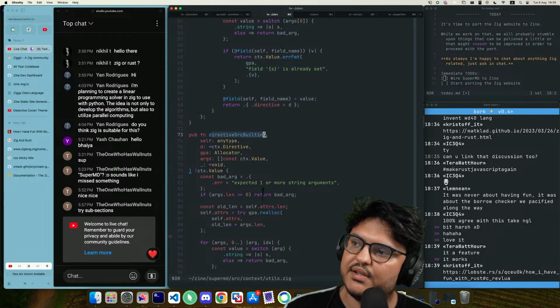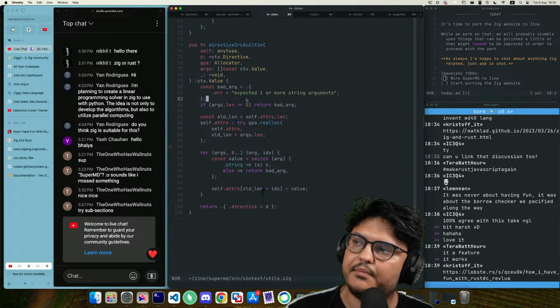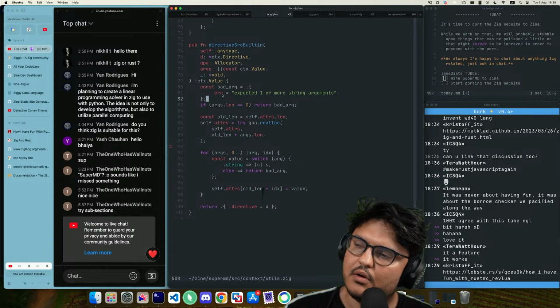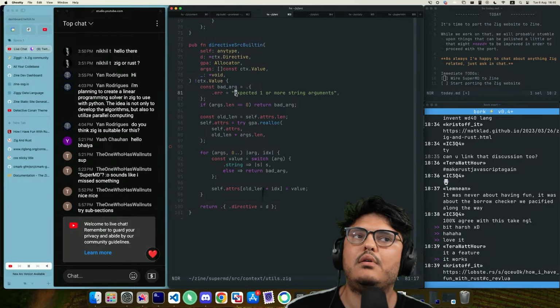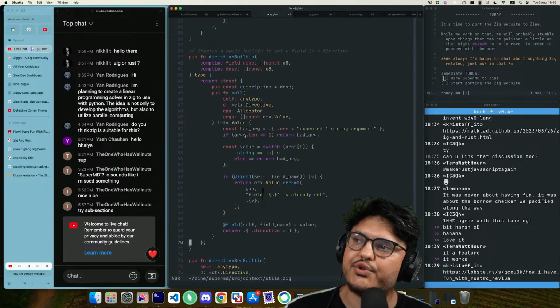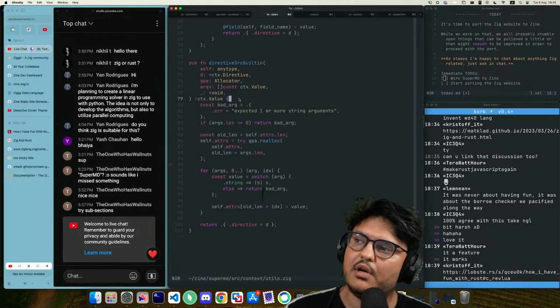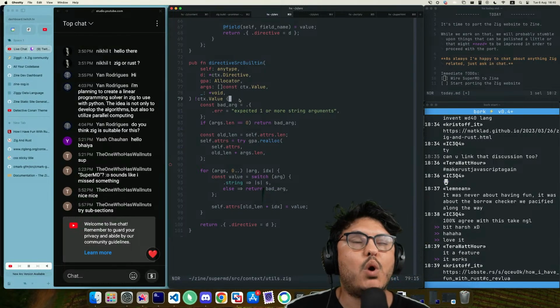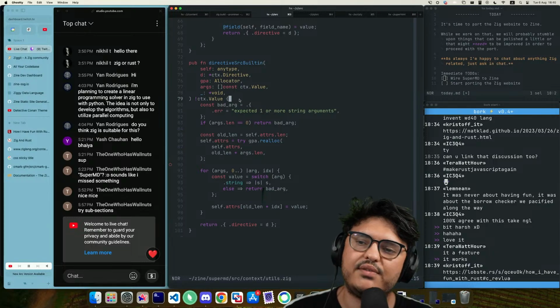Okay, so now we want the directive source built-in. Now the directive source built-in works this way. We need to think about the signature. So the signature for our function is, what do we want?